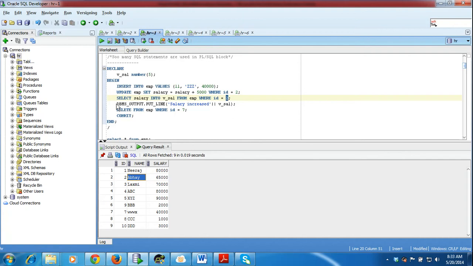Now dbms underscore output dot put line is used for your output only. dbms underscore output is a package of Oracle, and put line is a procedure to print that line, and the line is salary increased v cell, salary increased by this value. And in this fourth statement, you want to delete a record where id equals 7, which means you want to delete this record,